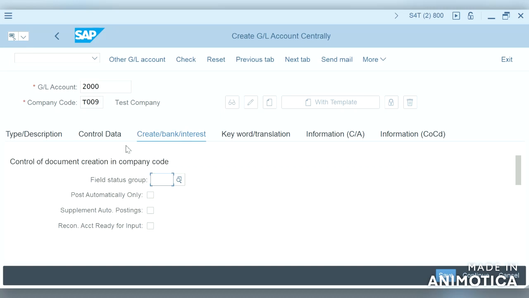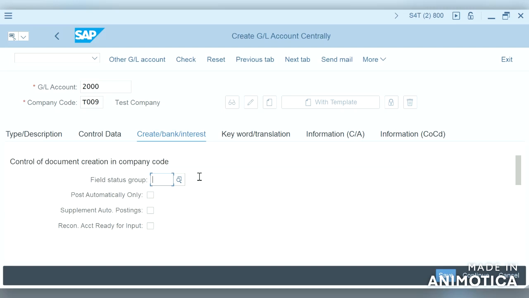It's the field status group, which we already discussed in our previous video. The field status group helps in displaying the fields required while posting the document.